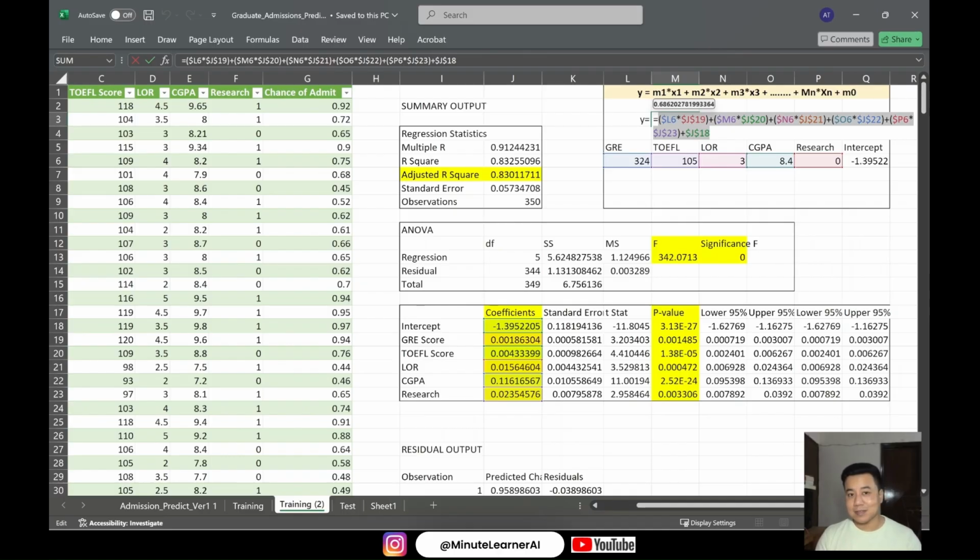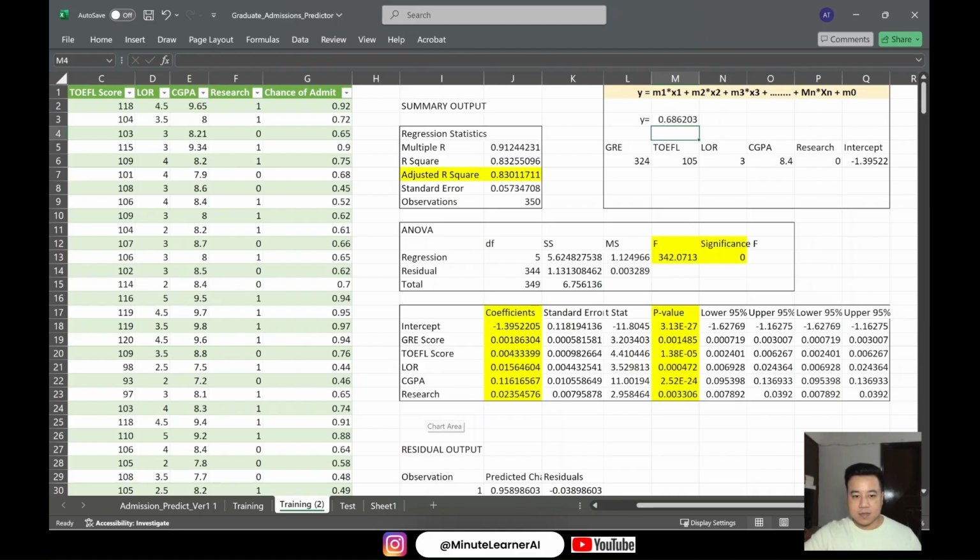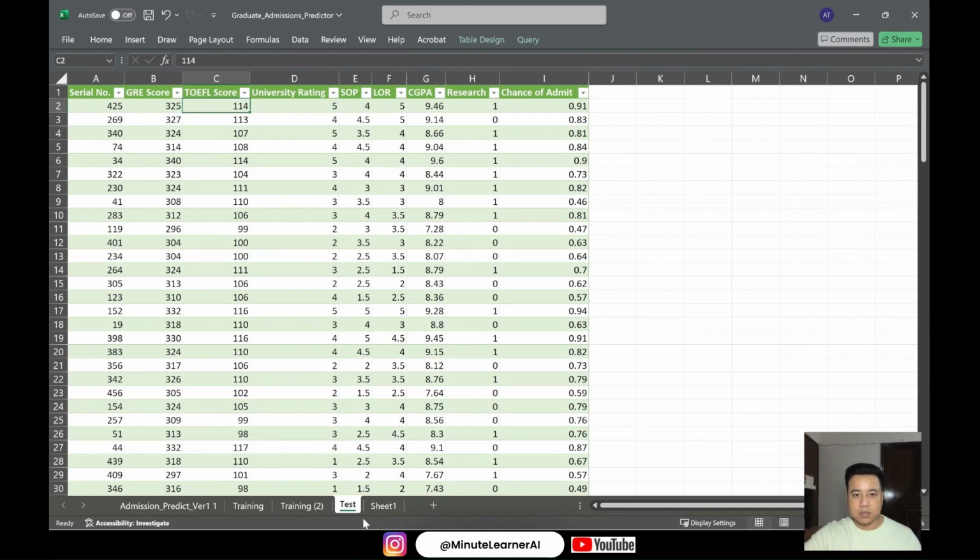Now in regression, there isn't a formal concept of accuracy, but we are going to use the method of comparing the differences in actual versus predicted values using the modulus of the difference or the average mean squared errors across the entire data set. With this, I'm going to go to the test data, and